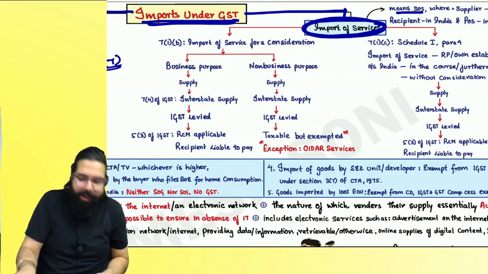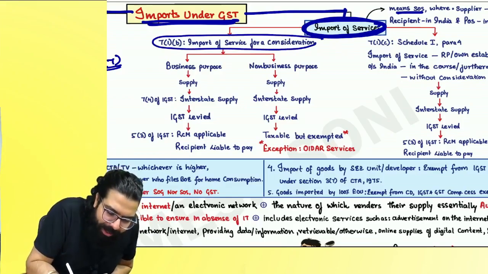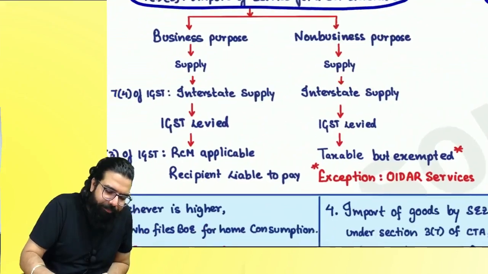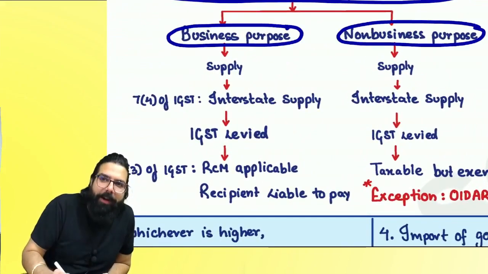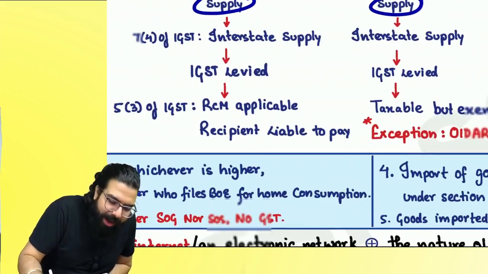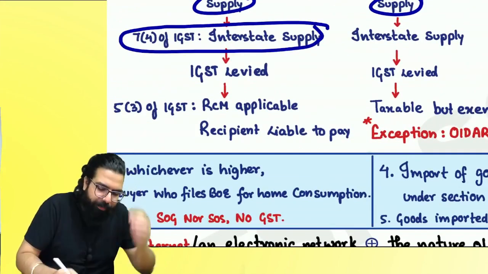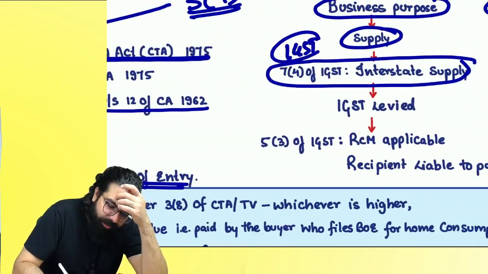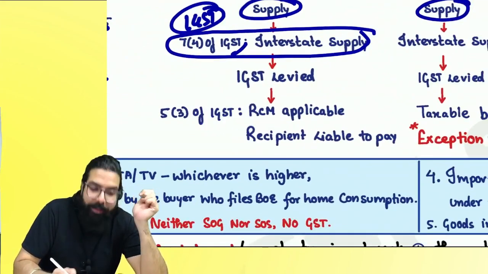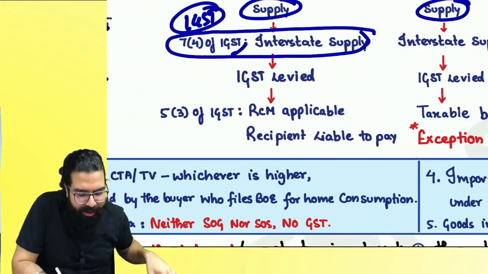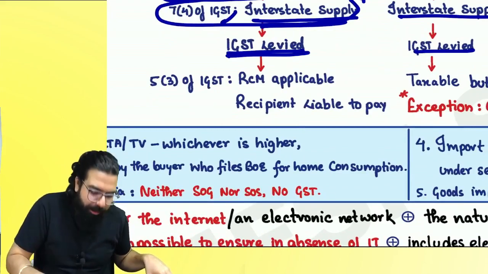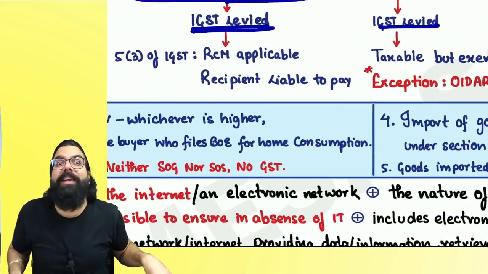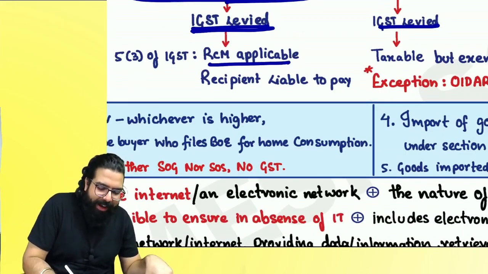You guys recall, everyone? Yes, sir. Section number 7(1)(b) and section number 7(1)(c). Section number 7(1)(b) says business purpose, non-business purpose, both purpose, it is supply. And section number 7(4) of your IGST Act, correct everyone, says what? Importation of service is always interstate. And what will come? IGST is levied. But when you read section number 5(3), reverse charge mechanism is applicable and